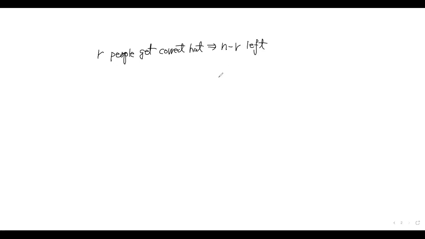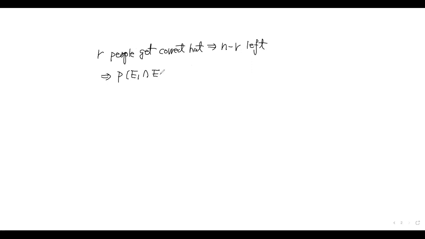So I have N minus R people left, and so I see here the probability